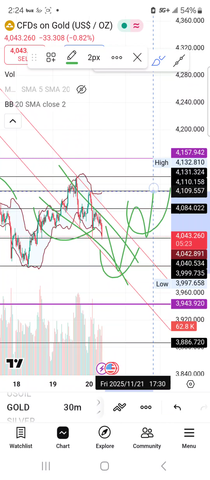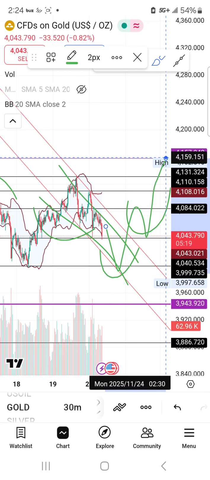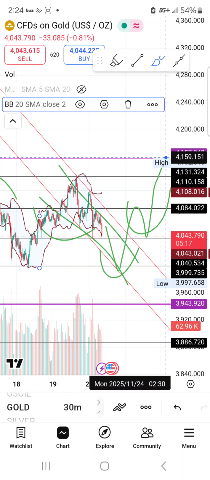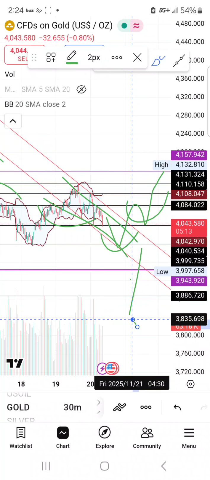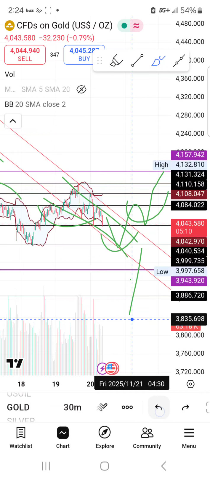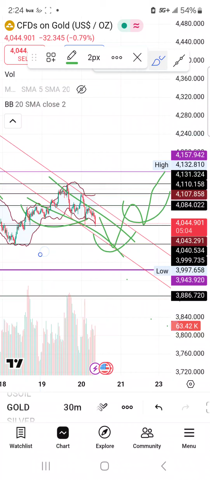Maybe a little retest there, but then back up to some highs, even maybe getting back up here for sure. But you gotta wait. You gotta wait and be patient for that. You can't rush it. So there's no need to say, oh, okay, yeah, here's the bounce, here's the bounce.